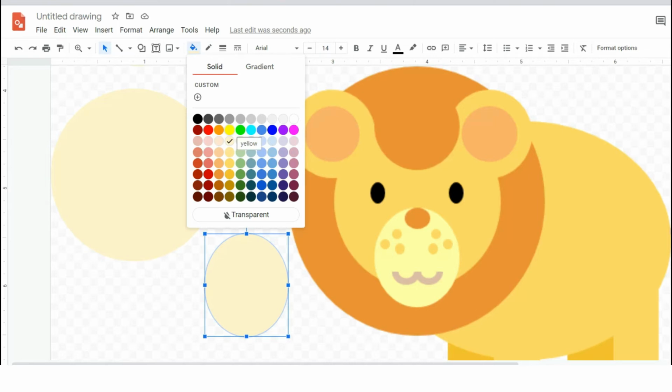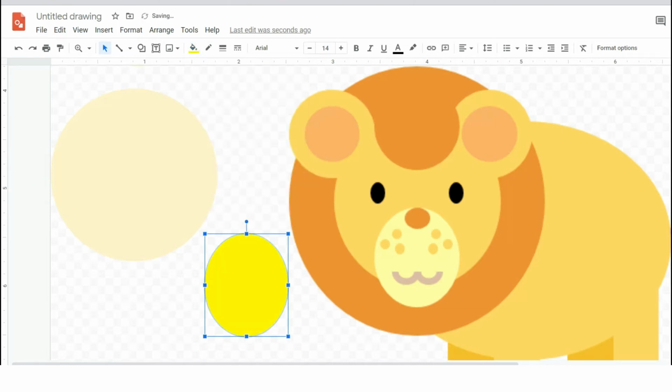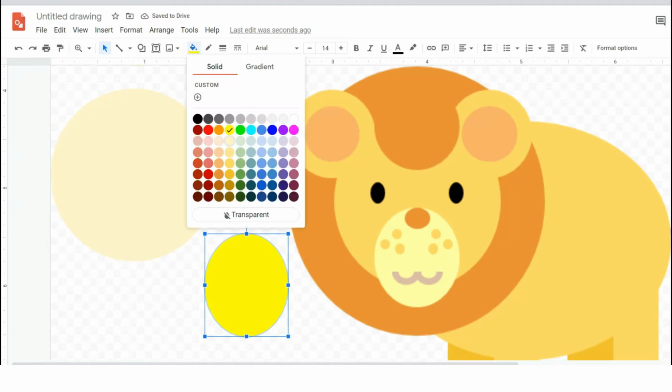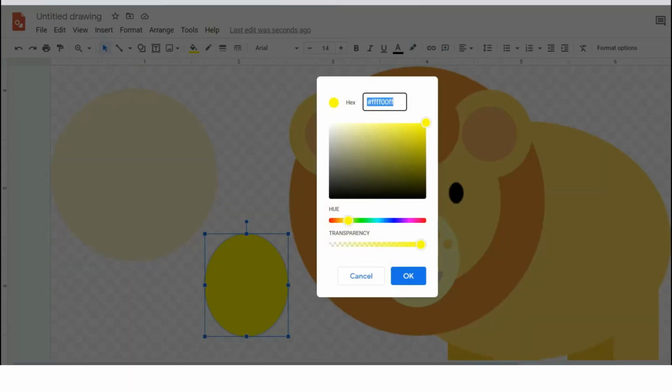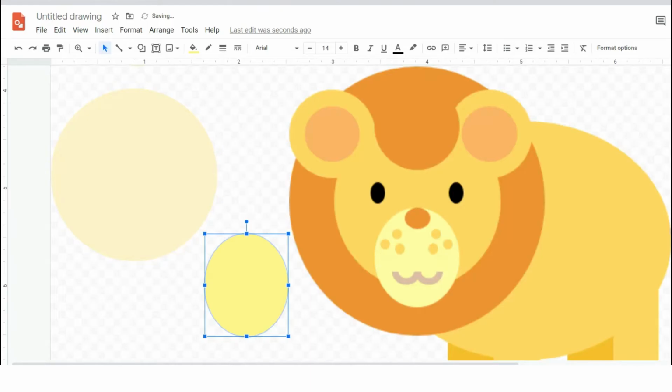So I have said you can combine. So it's more of a yellow. This one is more of a yellow. You can also go here in the custom if you want to combine colors. Okay, so here you can go into colors. Let's try to move this. So you can find a lighter set of yellow. Maybe we can have that one. Okay,